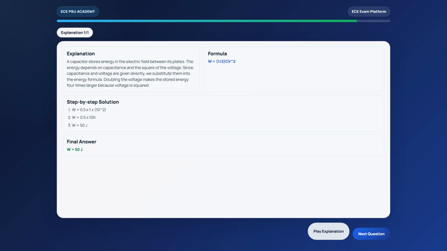Now substitute the given values into the energy formula. Now calculate, W equals 0.5 x 1 x 10 squared. Now calculate, W equals 0.5 x 100. Step 4, the energy stored is 50 joules. So, W equals 50 J. Final answer, the energy stored in the capacitor is